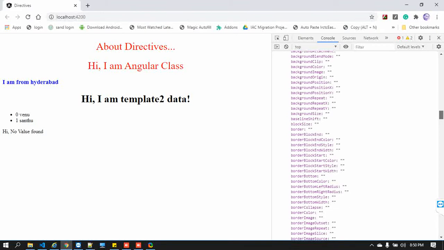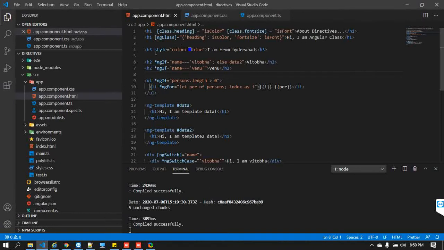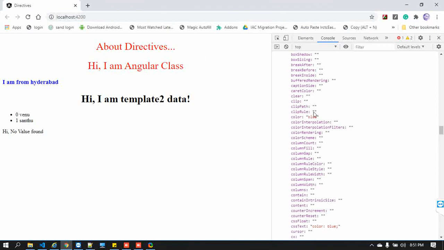If you look here, again you will have style dot color. You can see here you have the color. So how can we access it? Very simple. Instead of writing this, you can write like this. But what is this? This is nothing but your property. So now we are going to represent the things in terms of property.